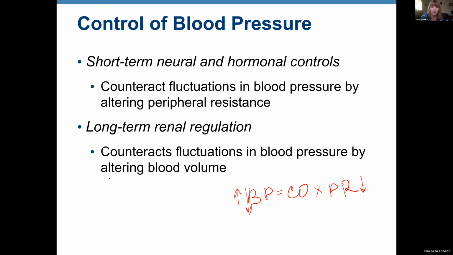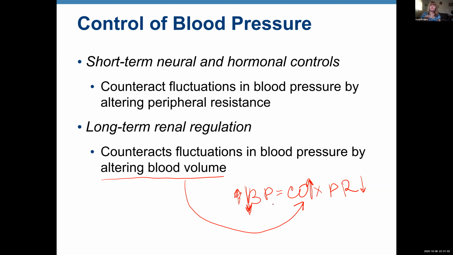So, and if we alter blood volume, what are we regulating over here? Cardiac output, right? So again, let's say if blood pressure goes down, how about we increase cardiac output and then we can increase blood pressure, right? So blood pressure goes down, increase cardiac output, the amount of blood in your body pretty much, if to put it easy, and then we will increase blood